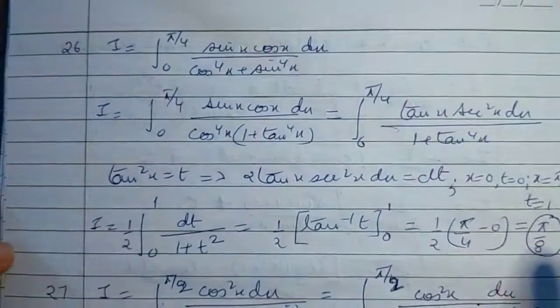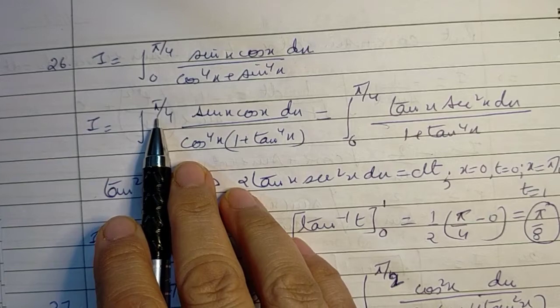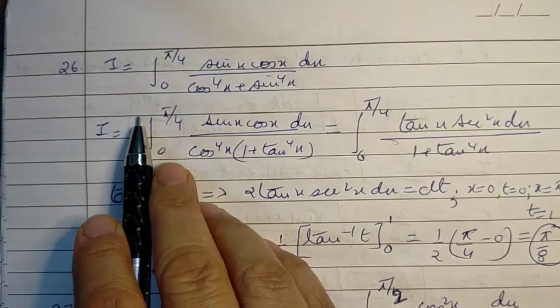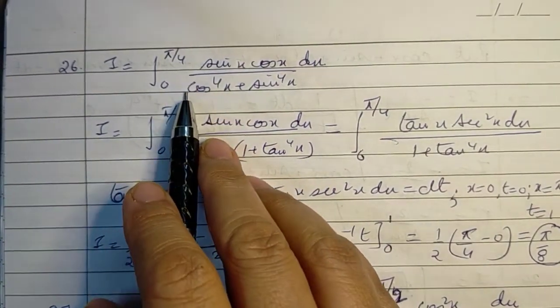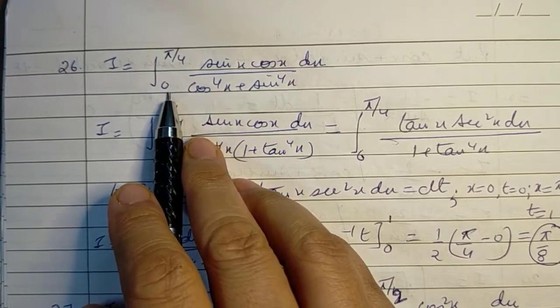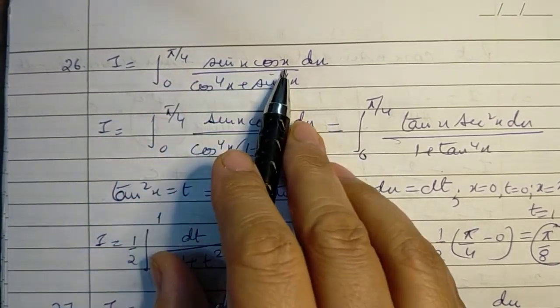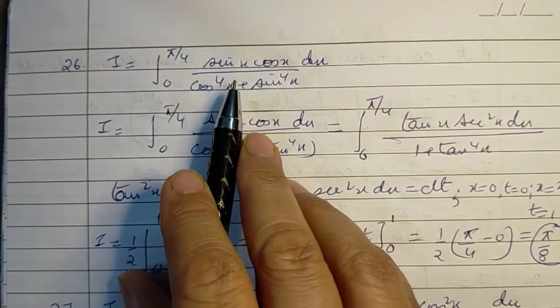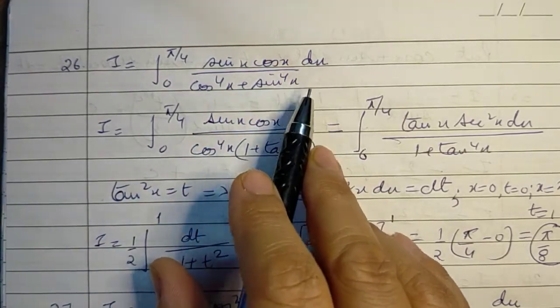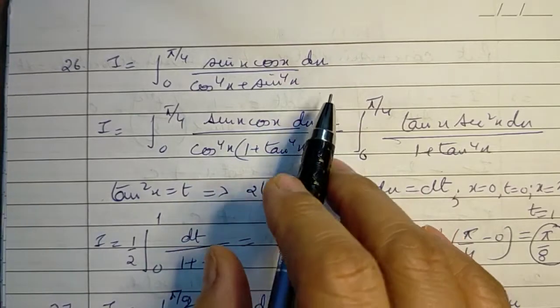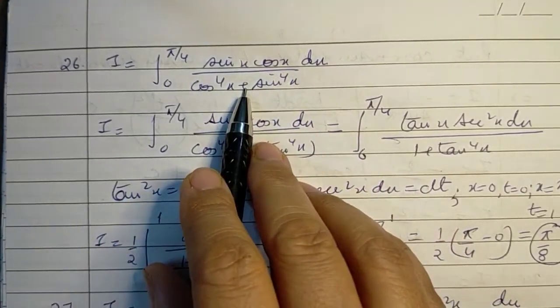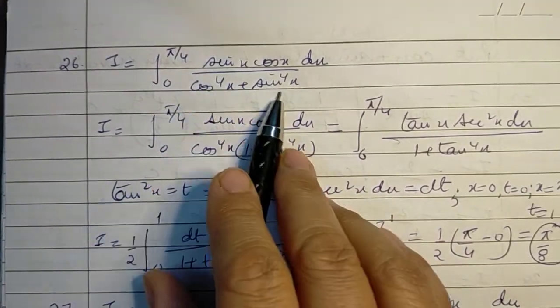Now let's take up the next question, which is question number 26. Now this is a question which is based on definite integrals. It says integral 0 to pi by 4 of sin x cos x over cos raised power 4x plus sin raised power 4x dx. Now we had done it earlier also, that whenever we have such a case that in the denominator